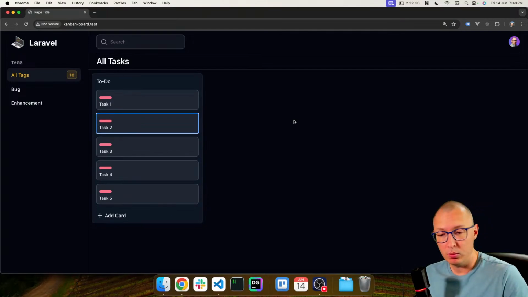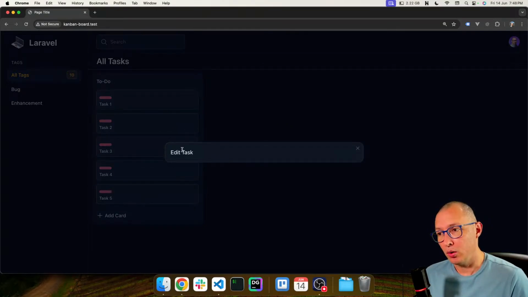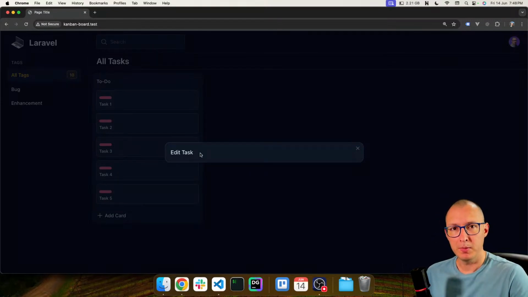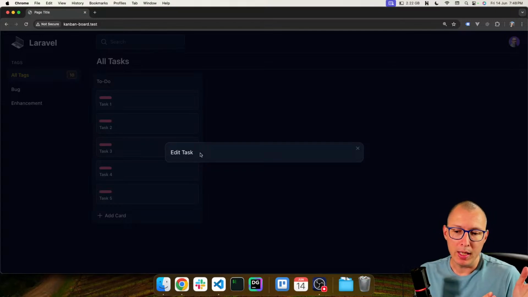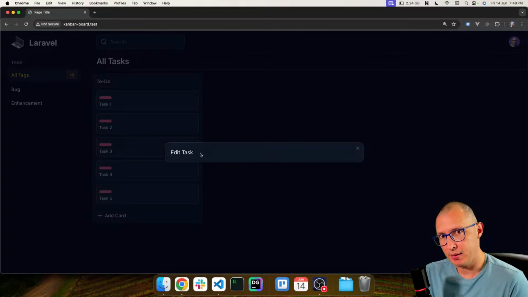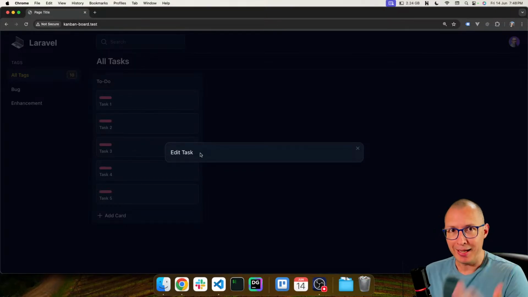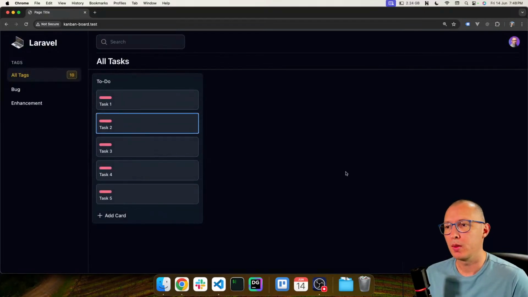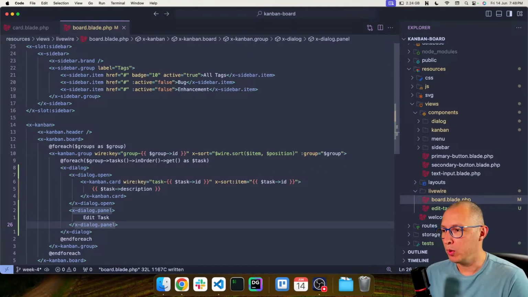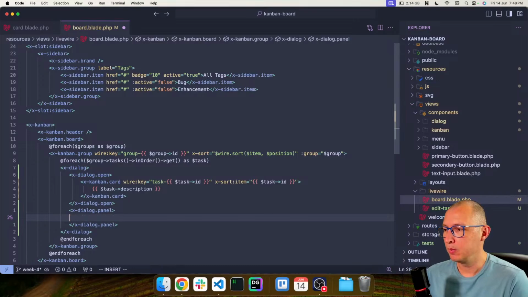Now all we need to do is design the contents of this to actually receive a task and display a form that we are going to use to update that card. And since we already have a component that is doing the work of editing a task, which we created in the test, why don't we give that component all of the UI elements that we need to edit that task? So let me remove this line from here and let's make use of